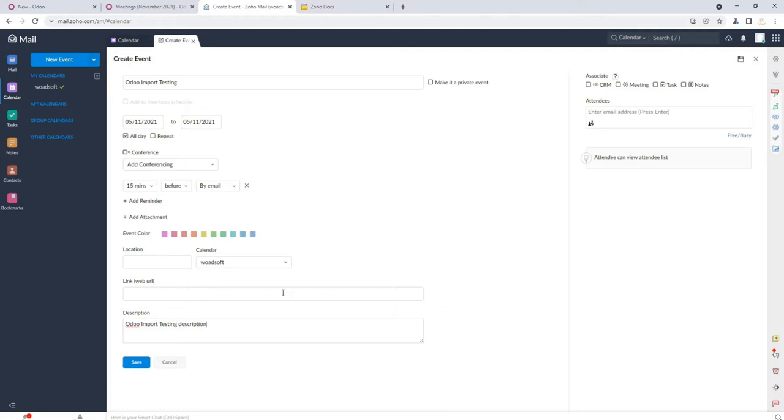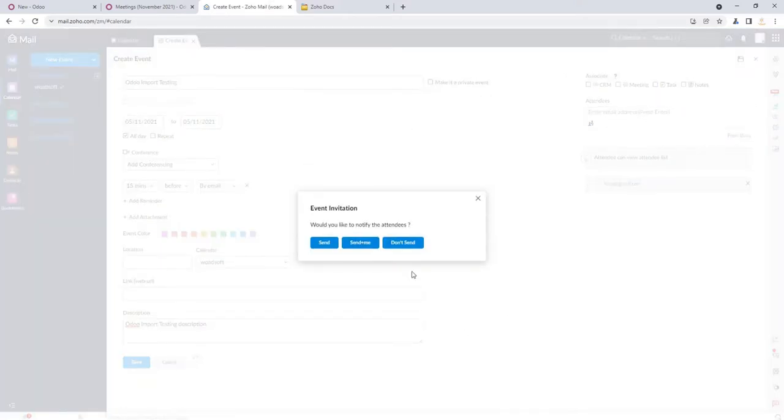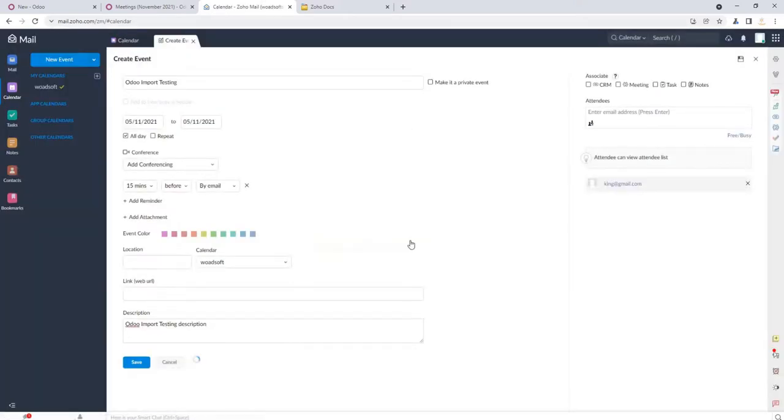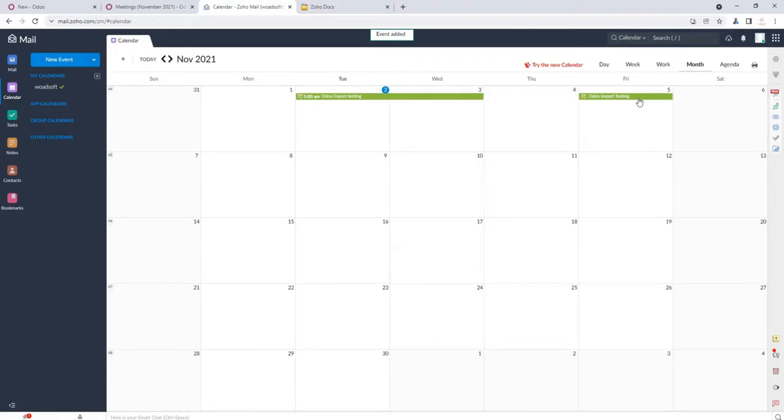The other stuff is the same. You can also specify the attendees. I add king as an attendee and simply click the save button. The event is created successfully.